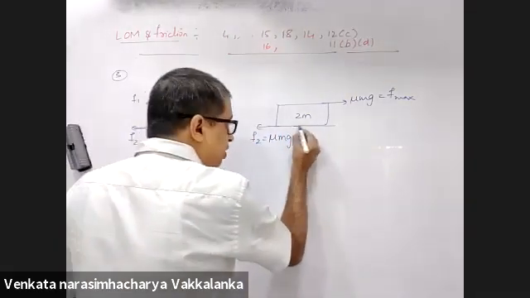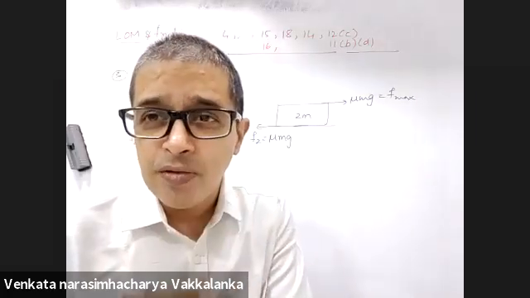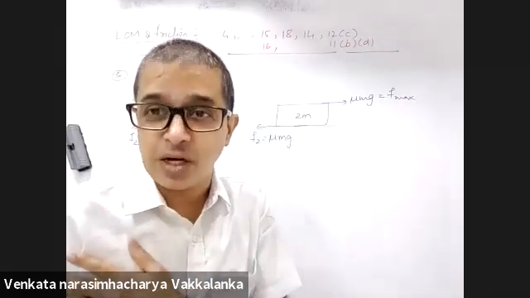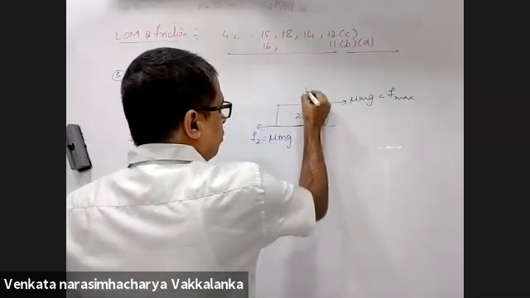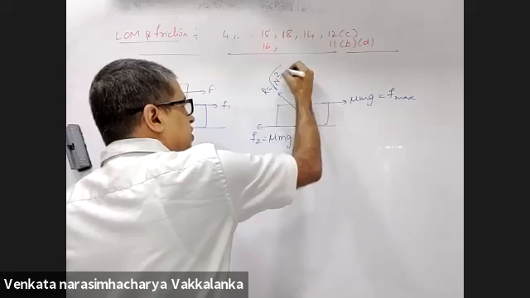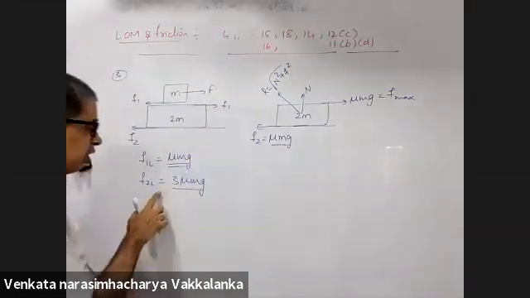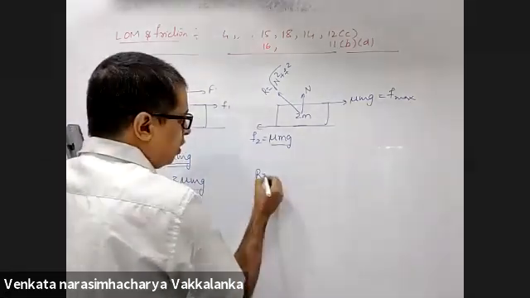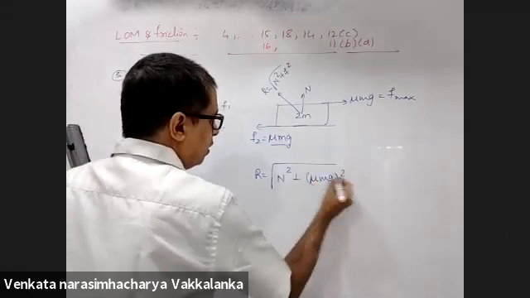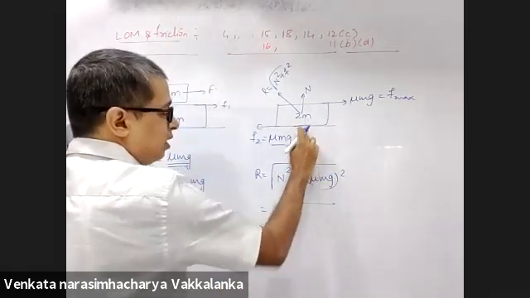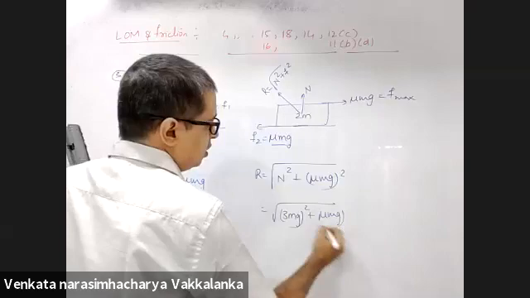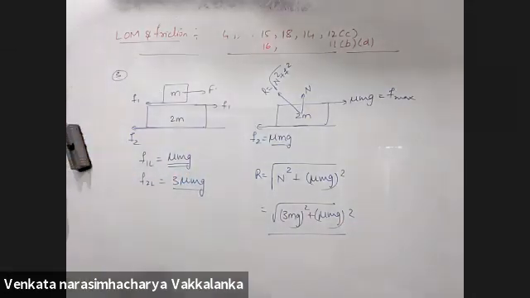Now, what is the contact force here? Normal force or contact force, there is a difference. I told you that at the start of the first lecture of friction. Contact force is the resultant of normal force and frictional force. And here the frictional force is not limiting friction, it is lesser than that. So contact force will be root over of N square plus mu mg whole square. Now, how much is N equal to? 3 mg. So root over of 3 mg whole square plus mu mg whole square. This will be the contact force.